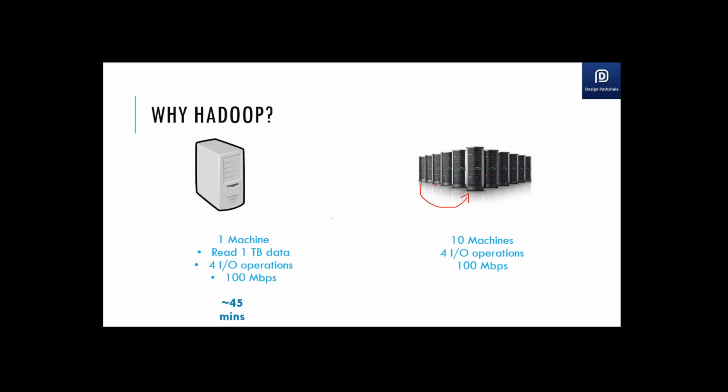So what is done is rather than transferring your data to get processed, you transfer the logic, and the logic would not be more than a few bytes or a few MB. So you transfer your logic to the nodes where your data is lying. So if your data is distributed across these 10 nodes, you will transfer your logic, which will be a few bytes or few MBs, to these nodes. These nodes will be processing the individual data which is lying on these nodes, and will just send the processed results to you.